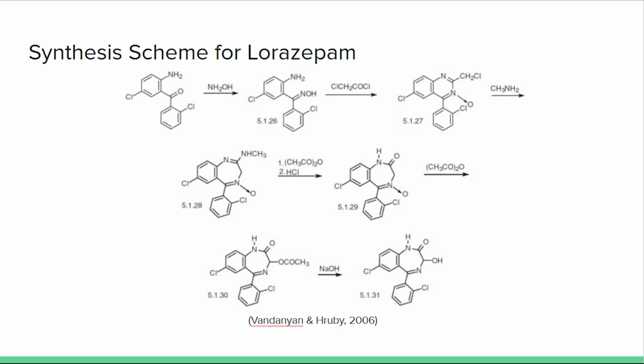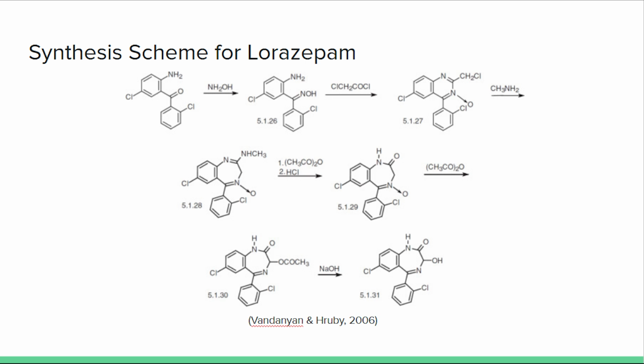expansion, which forms 7-chloro-2-methylamino-5-(2'-chlorophenyl)-3H-1,4-benzodiazepine 4-oxide, which has that diazepine ring right here that is characteristic of BZDs. The oxide is then reacted with acetic anhydride to undergo an acetylation reaction at the second nitrogen atom here, and this is quickly hydrolyzed by hydrochloric acid, which yields 7-chloro-5-(2'-chlorophenyl)-1,2-dihydro-3H-1,4-benzodiazepin-2-one 4-oxide, and a further reaction of this with acetic anhydride allows for a